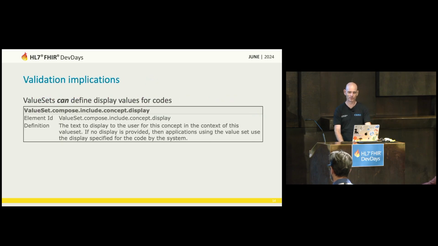So what are the implications of this for validation? That's an obvious next step. So value sets can define display values for codes. You probably would have seen that where if you create a value set, you enumerate a set of codes in the compose section to say this value set contains this set of codes, and in that you can include a display, which effectively overrides what the default display is for the code system for that code. In the context of that value set, it now becomes the display text that you've put in that value set. Perhaps what's not so well understood is that you can only do that